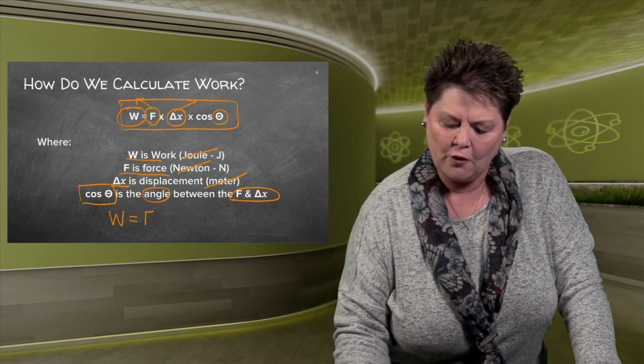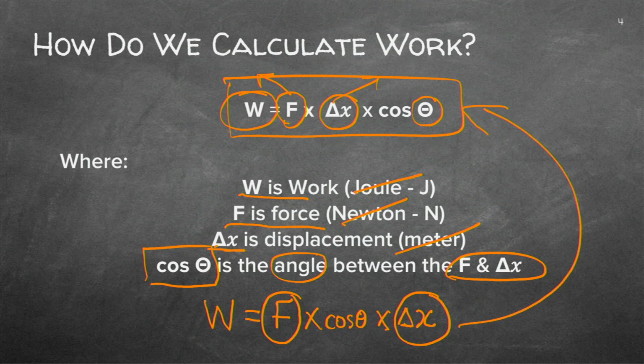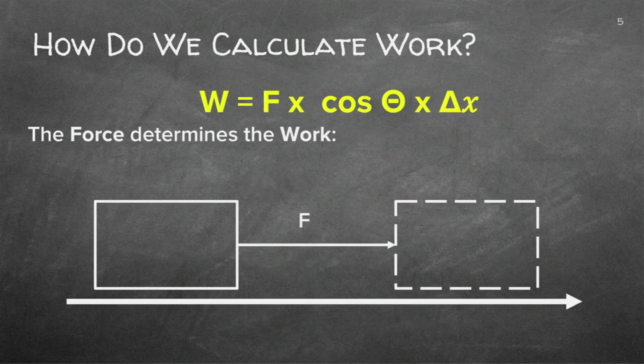W is the force times the displacement, and I write the cos theta in between those two because then I know it's not the cos of the slope, it's not the cos of the perpendicular or the parallel component, it's definitely the cos function between these two quantities. So make sure that you know that. It stays exactly the same as the one that's on your information sheet. It just makes it easier to remember that it's between the force and the displacement. Right, let's have a look at some of these examples that they'll give you.